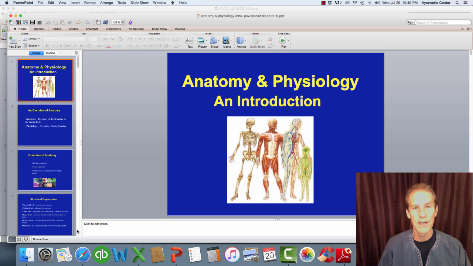But at the same time, we need to have a very in-depth understanding of Western anatomy and physiology. The people that come to you as clients are going to be coming with symptoms and complaints based on their understanding of Western anatomy and physiology. And you want to know more than these people do. You want to be experts at the human body, not at the level of physician, but at the level of comprehension and understanding of function and architecture of the human body. So we're going to begin today with anatomy and physiology.